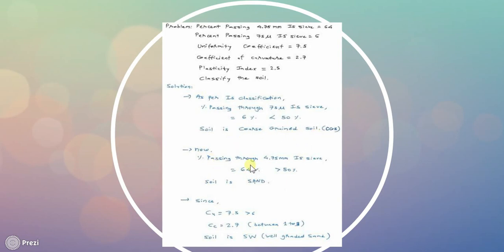So, soil is coarse grained soil. Now, passing through 4.75 mm IS sieve is 64%, which is greater than 50%. So, I have to take soil as sand. So, it is coarse grained soil as well as sand. Then Cu value is 7.5, which is greater than 6, and Cc value is 2.7, between 1 to 3. So soil will be SW, well graded sand, according to ISCS, which we have learnt in the previous video. Moving forward to the next problem,